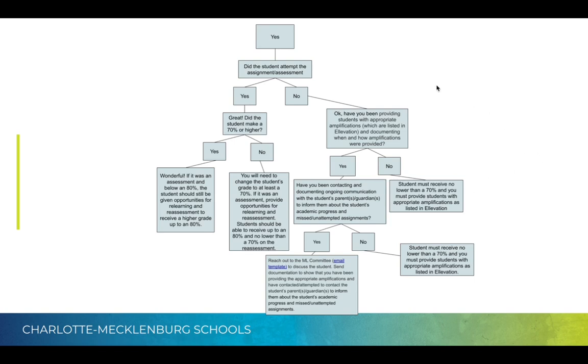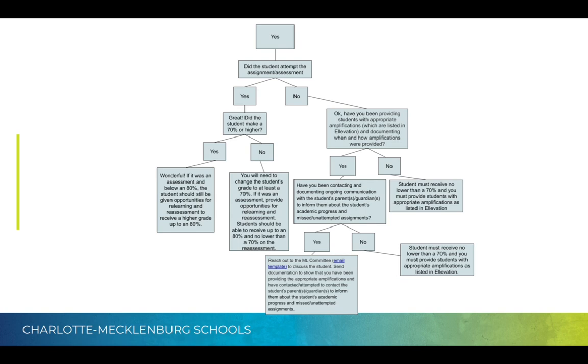Okay, the student did not attempt the assignment, and this is where I get the most questions. So I'm on the right-hand side here. So the first thing you need to ask yourself, have you been providing the students amplifications per their ML plan? If the answer is yes, then you're going to go down to the next one. Have you been contacting and documenting ongoing communication with the student's parents? Yes. Great. You are going to reach out to the ML committee and you must email us.